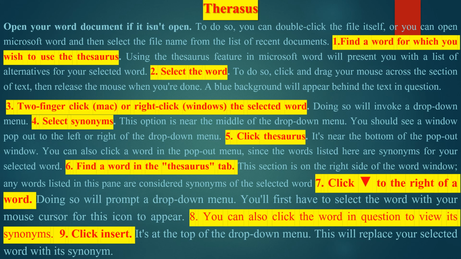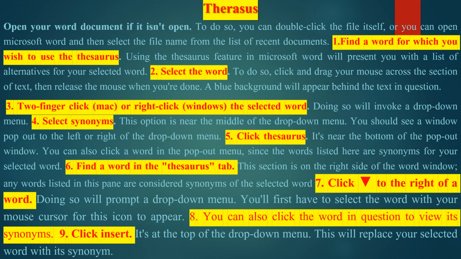Select the word. To do so, drag your mouse across the section of the text, then release the mouse. When you are done, a blue background will appear behind the text in question. Two-finger click (Mac) or right click (Windows) the selected word.